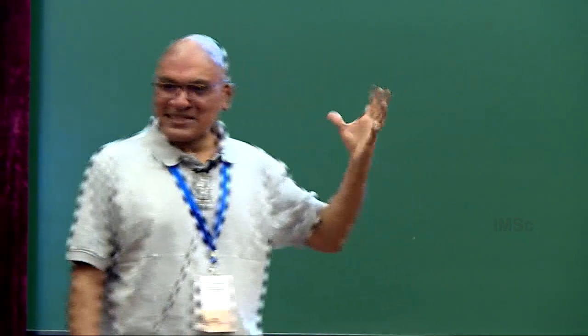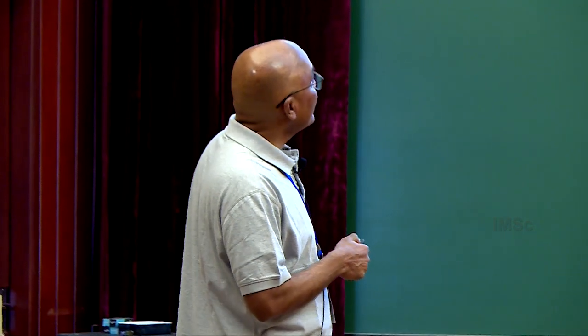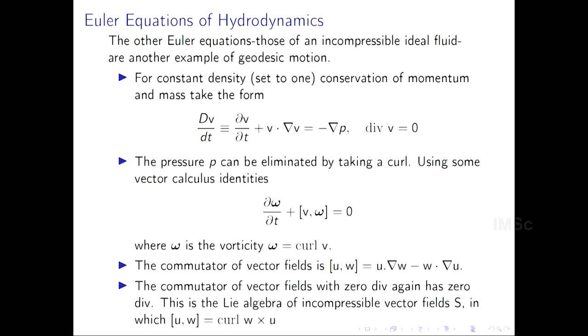And he probably had some inkling of it, although at that time ideas like Lie groups and Lie bi-algebras were not present. He must have seen that there is some connection between these two systems. So what is that? So here the equations of motion: the fluid is incompressible, which really means that the fluid velocity is much smaller than the speed of sound. That's what incompressible means.